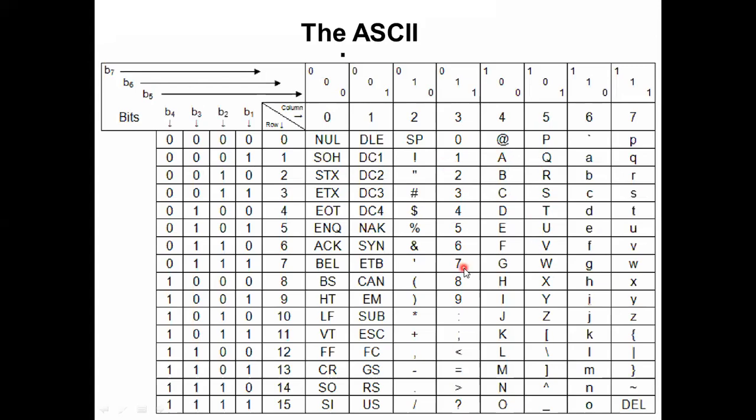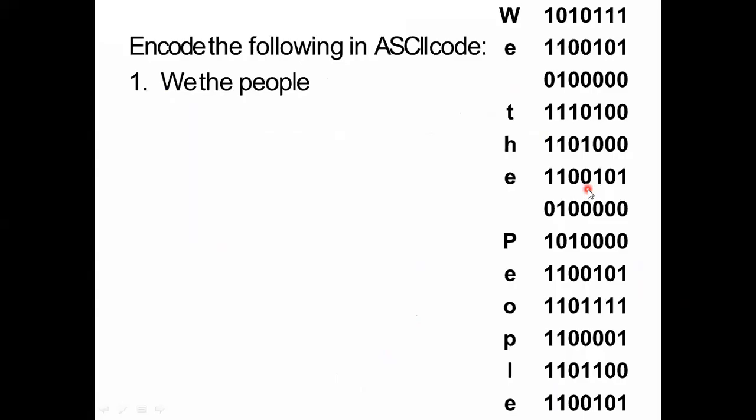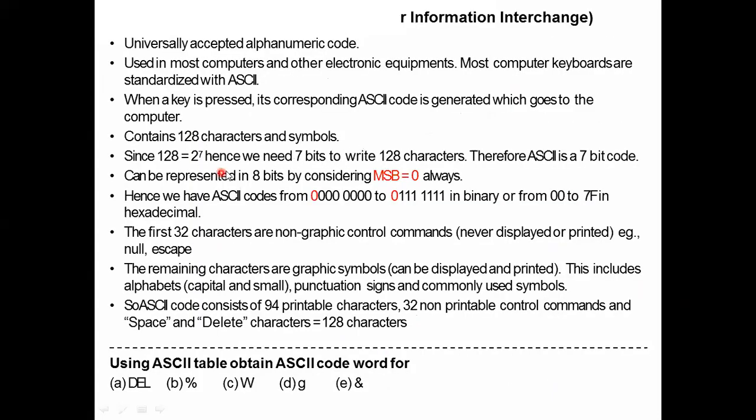Either letters or numbers or characters or symbols, whatever it may be, totally 128 characters will be present on that table. Okay, amma? So here, let's see. Suppose the MSB is taken as 0, and we represent it in 8 bits. If the same ASCII code is represented in 8 bits, then we compulsorily add 0 in front of the 7 bits. Whenever we add this 0, the value does not change. That means this will be 00 to 7F.